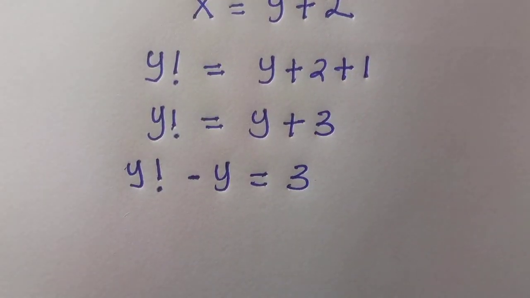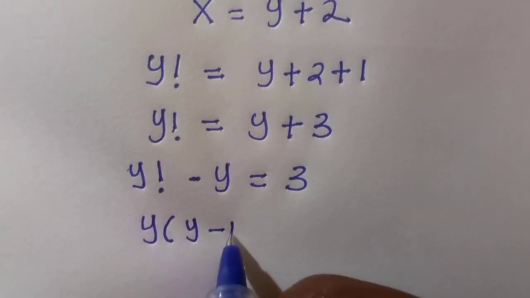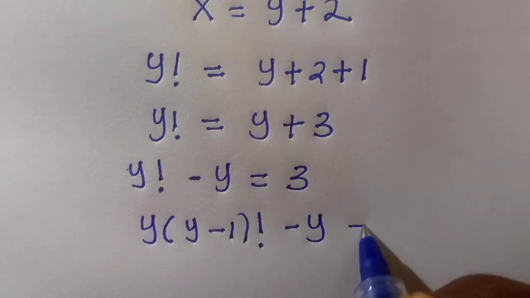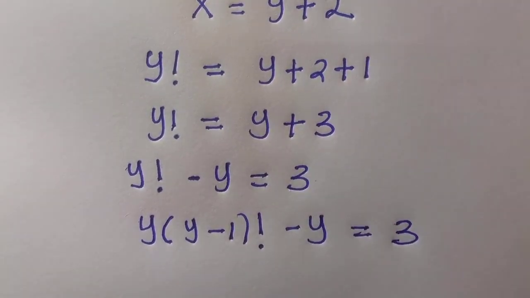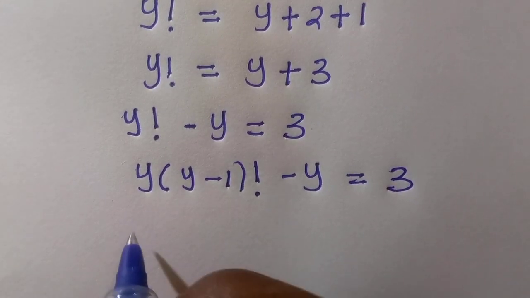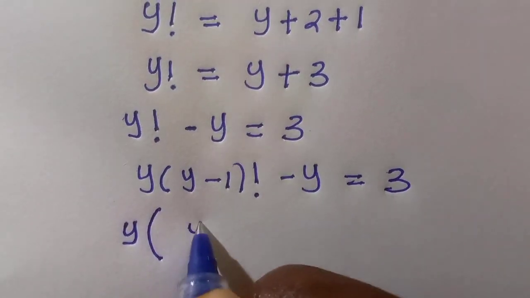So y factorial here gives us y times (y minus 1) factorial minus y equals 3. So we factor out y, and we are going to have y times ((y minus 1) factorial